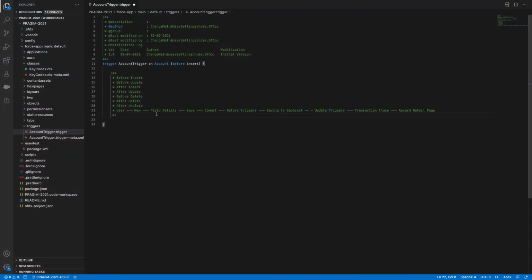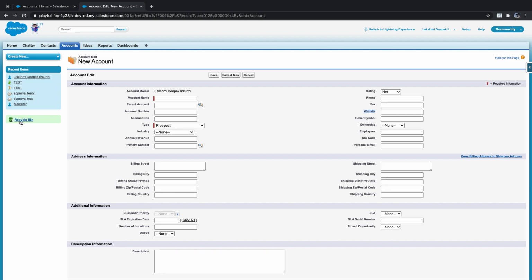Clear? So when you are trying to create a new record, there are two triggers possible: before insert and after insert. If you are trying to update a record, we have before update and after update. If you are trying to delete, we have before delete and after delete. If you are trying to undelete, in the sense of going to the recycle bin,